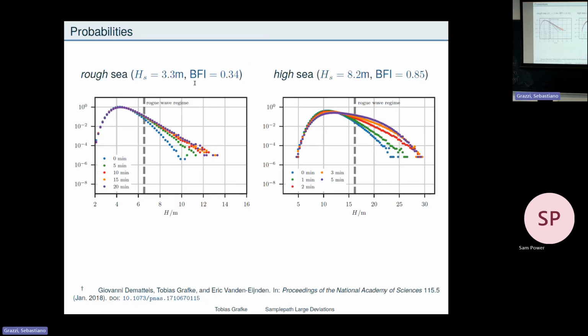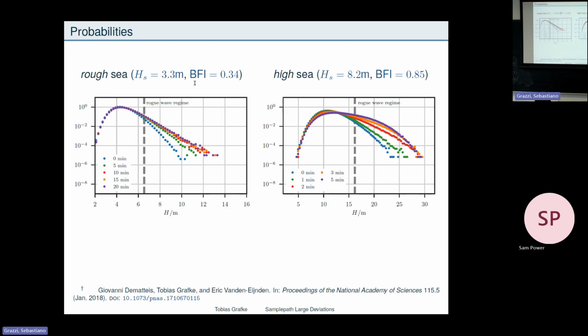And you can do this for probabilities as well. So here is now rescaled into actual ocean coordinates, which is why this is again in meters, into different parameter sets where you have a significant wave height of 3 meters or 8 meters and this nonlinearity factor being something else. You can look at Monte Carlo simulations of this system and ask how likely is it to observe certain wave heights after a given waiting time for the high sea and for the rough sea. And these are the statistics that you get. And the dashed line is the rogue wave threshold in the definition that I gave at the very beginning of today. So all of these tails are rogue waves, and they are very unlikely to a degree.